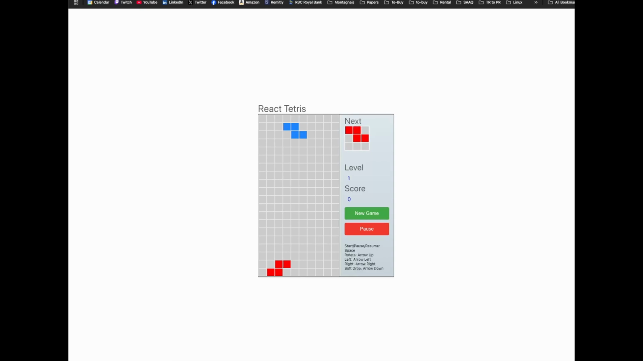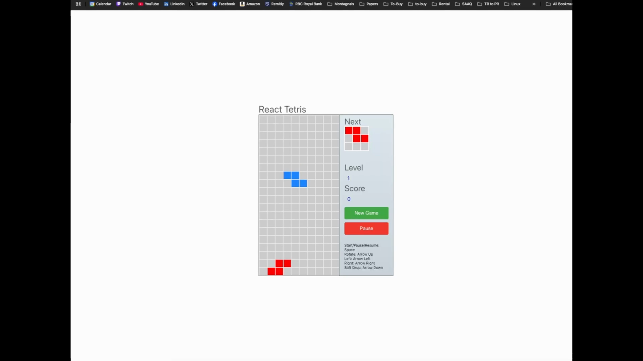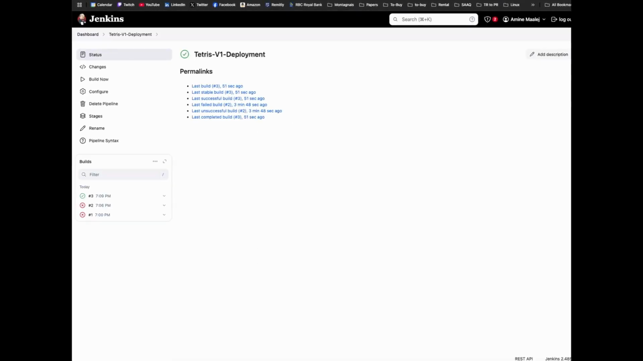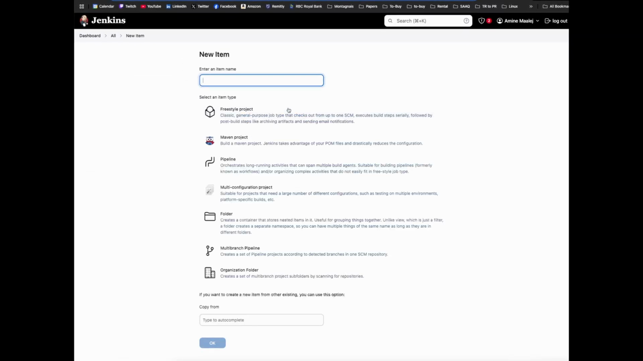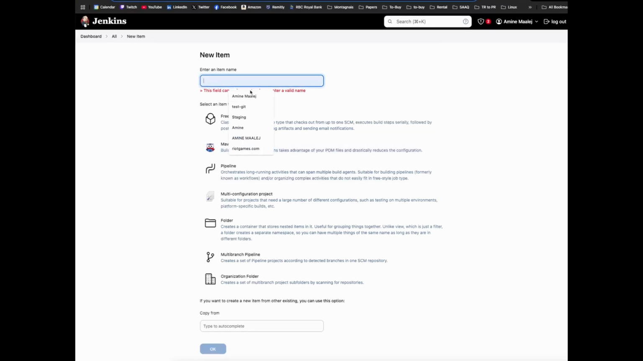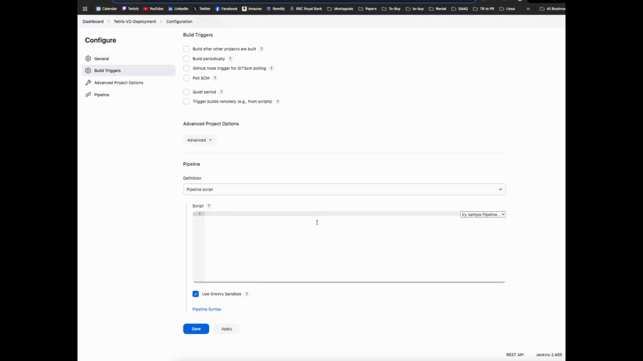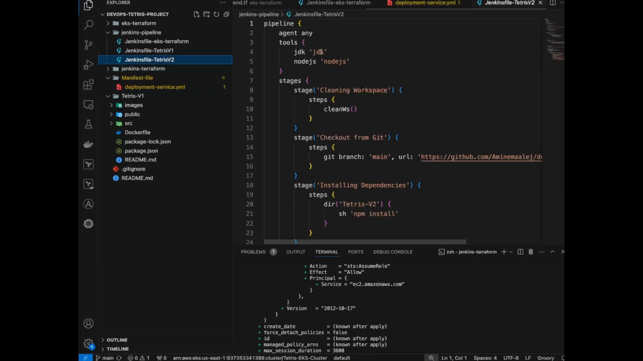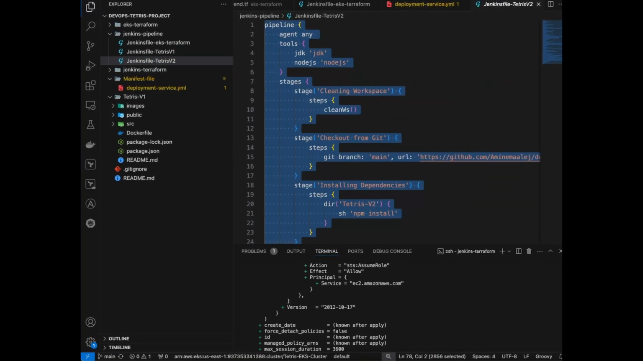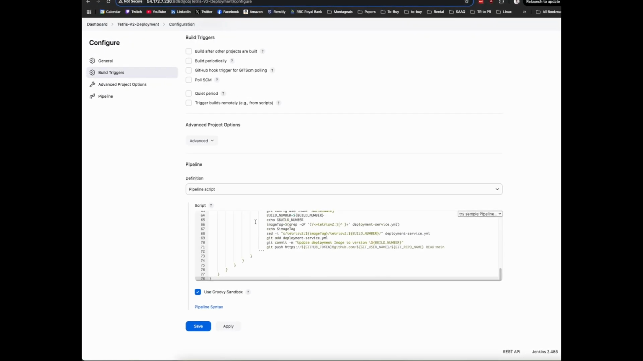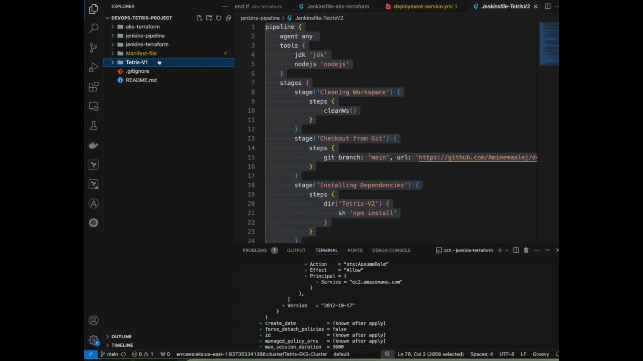So this is the first version of our Tetris application, and it was published through the whole pipeline. Right now, what I will do is create another pipeline for the second version. Okay, so let's go back to Jenkins, dashboard, new item, pipeline, and Tetris view deployment. Okay, and of course we'll have the code available here. Just dump it here, save, apply,